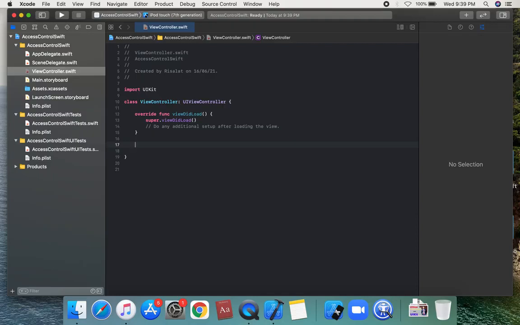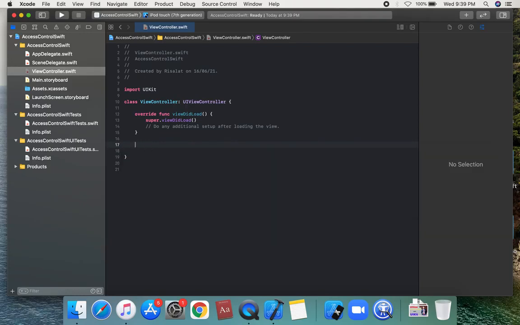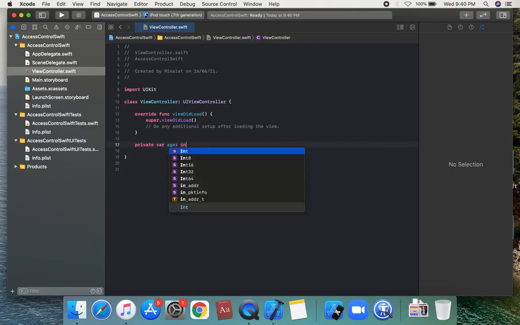If you declare any properties as private inside a class, suppose you have a class, and you declare a private var age, which is of type integer, and suppose the initial value is 0, the default value is 0.